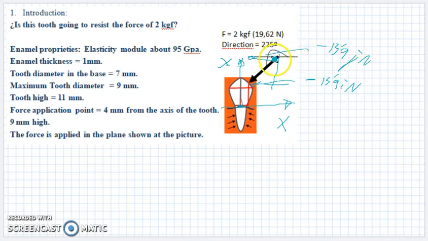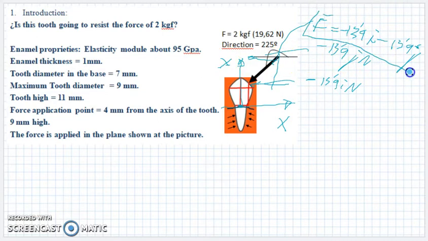So the force, this force, is equal to minus 13.9 i, minus 13.9 j. This is the force. Okay? So, considering that,